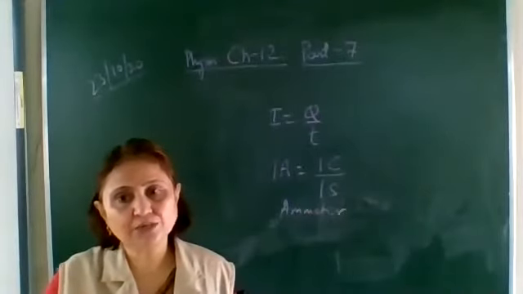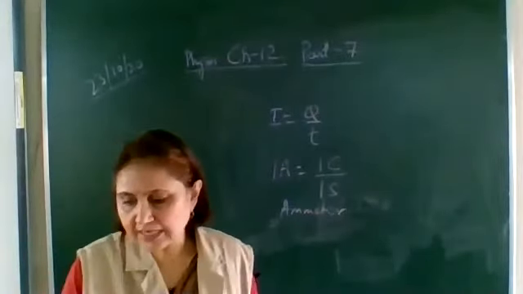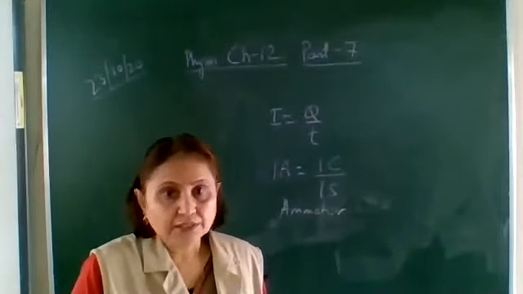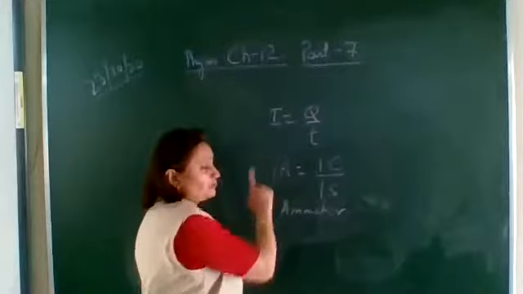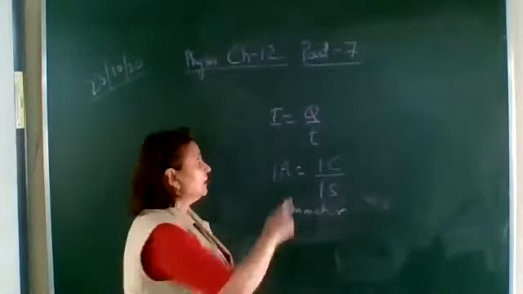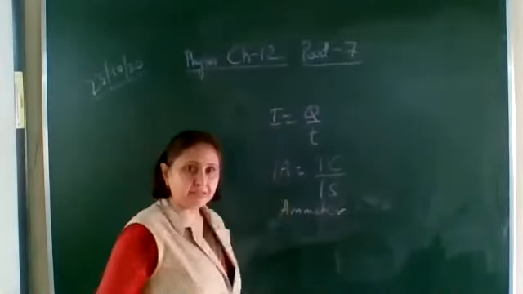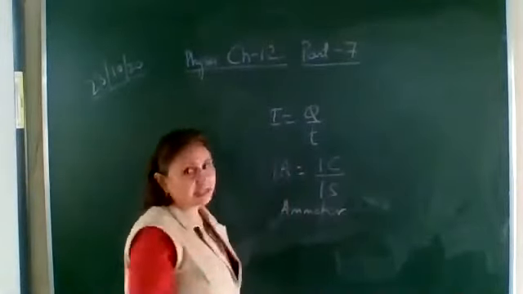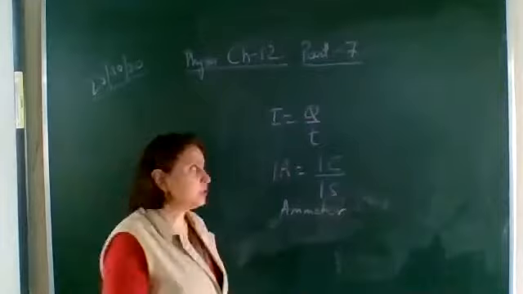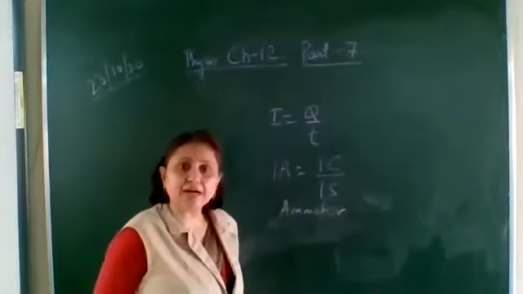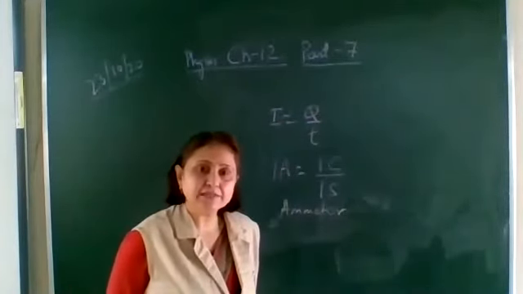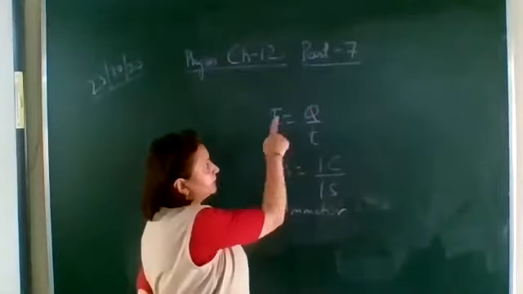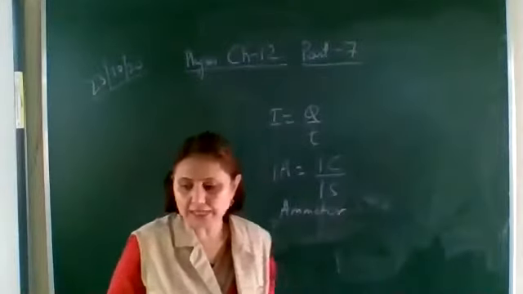So I is equal to Q upon T, which is the current. Current is equal to charge flow per unit time. We have discussed a few questions also based on it. If Q and T are given, we can find out the current: I is equal to Q upon T. If I and T are given, Q can be determined by Q is equal to I into T. If I is in ampere and T is in second, the charge you will get in coulombs. Also, the time can be determined: time is equal to Q upon I.